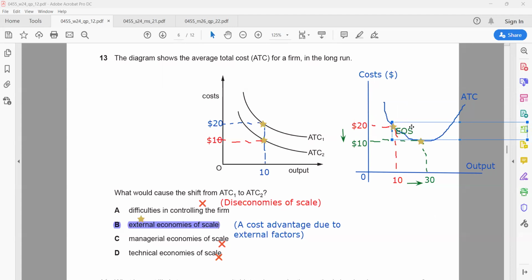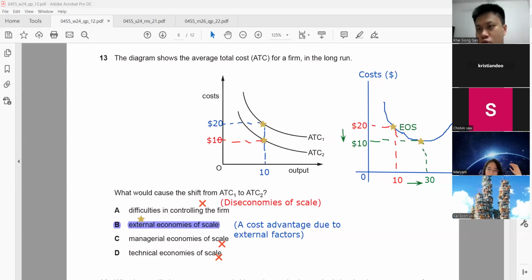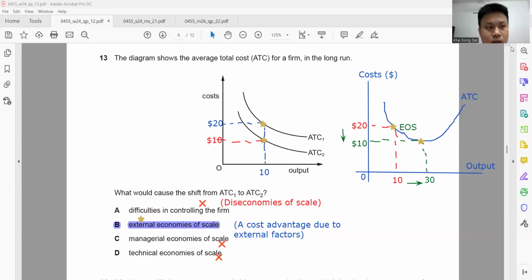Now, can you show this diseconomy of scale from this graph? Can. How? So we just continue to draw. I show it over here. If you want to show this diseconomy of scale on this graph, I use blue color now. That means they continue to produce more. But what happens is when they continue to produce more, the cost now becomes even higher, maybe becomes 25. So I use blue color.